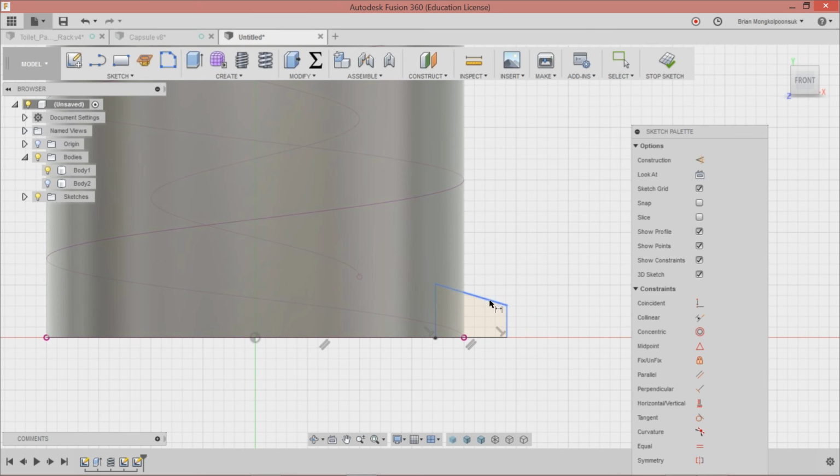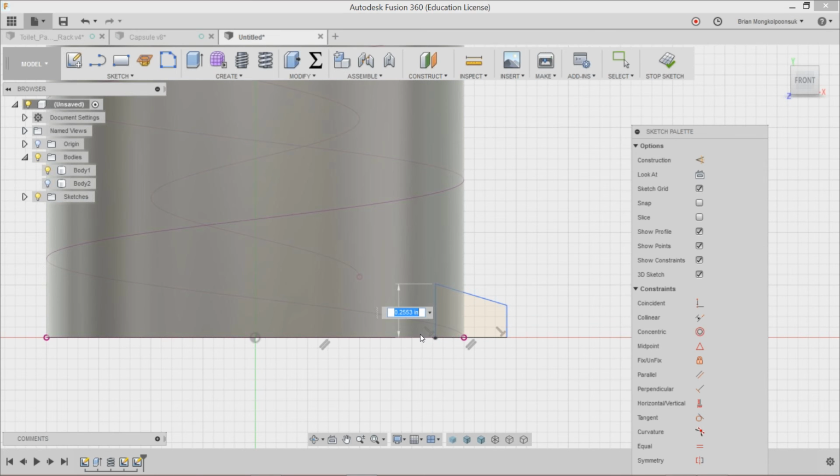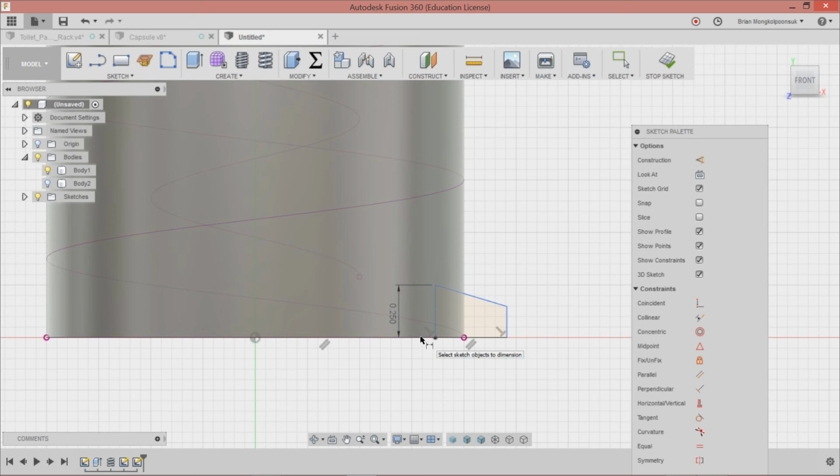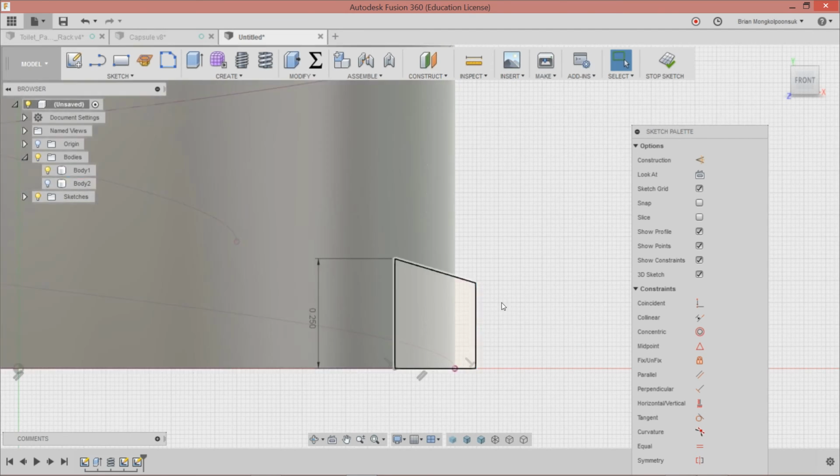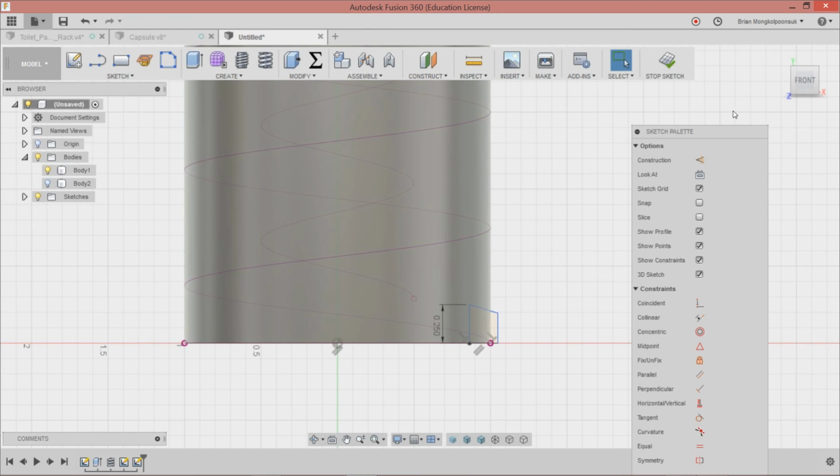Something like that, I can maybe dimension it, if I wanted to, about the origin. And make sure it's at least past this edge here, or then it won't cut all the way. So I like to drag that out about that far at least. And then